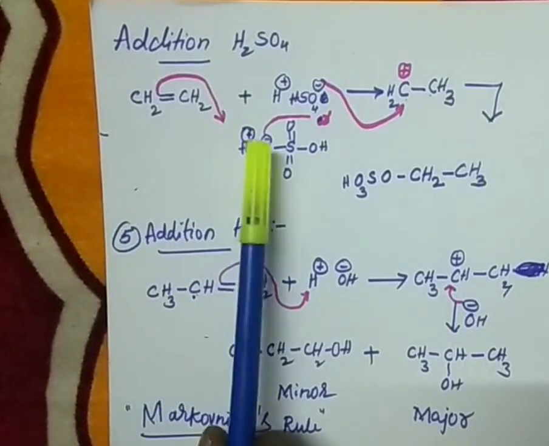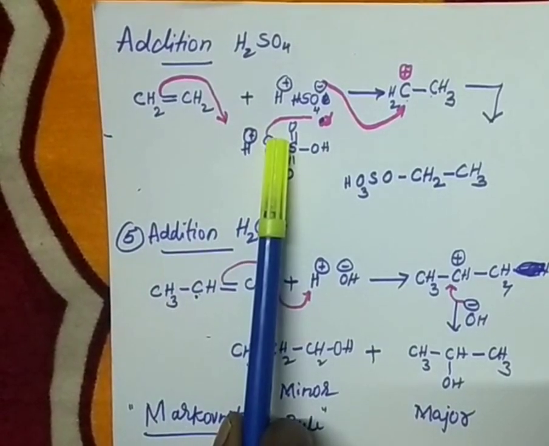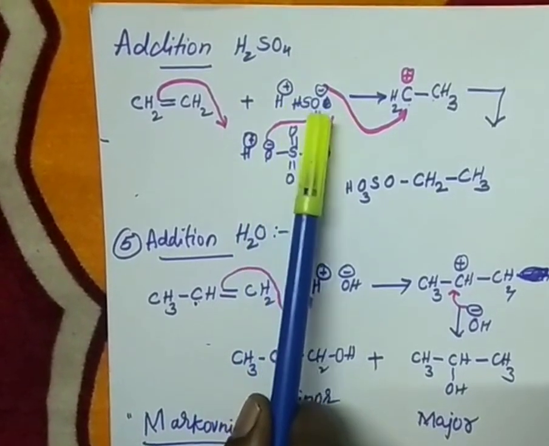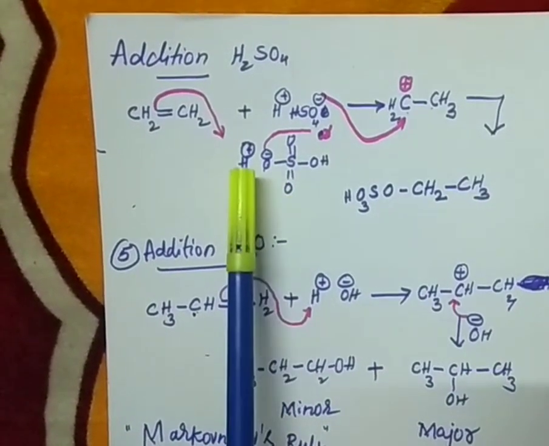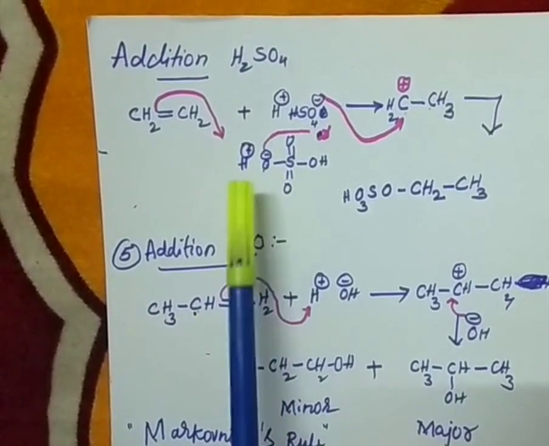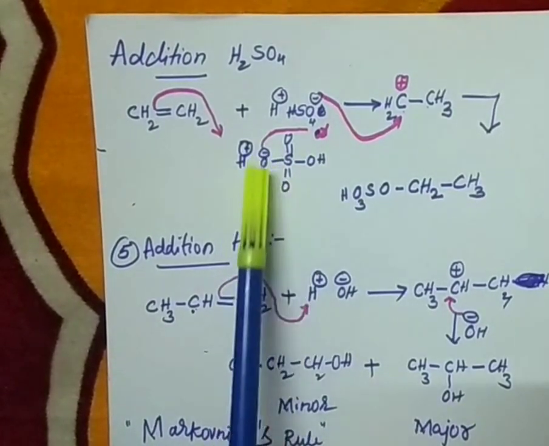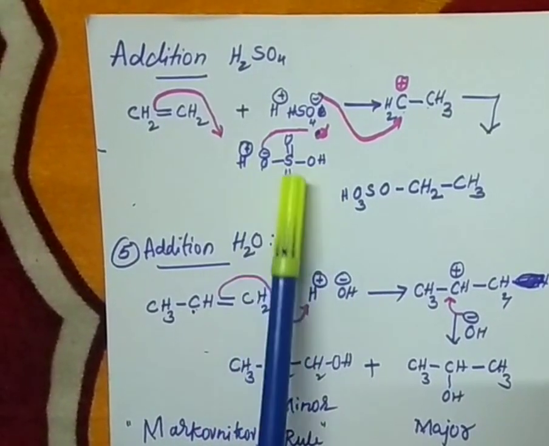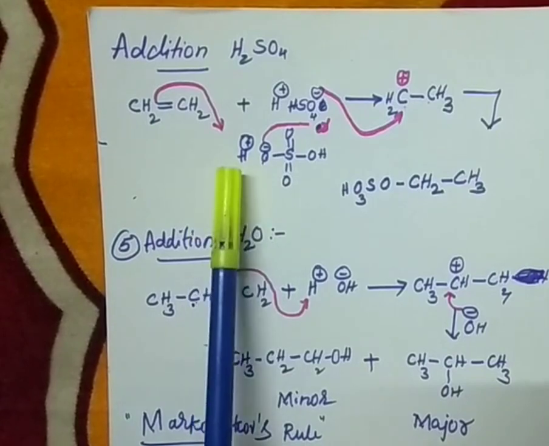Okay, so addition of sulfuric acid. Therefore, the first reactant will be alkene and the second reactant will be sulfuric acid, H2SO4. I can write H plus and HSO4 minus, or I can also write S double bond O, OH, OH. This is the actual bond structure of your sulfuric acid. Sulfur has 6 bonds because its maximum valency is 6. It belongs to the 6th group. And HSO4 minus, see, without bonds I have written HSO4 minus, isn't it? And where is the minus charge? Onto the most electronegative atom, oxygen, and H plus.